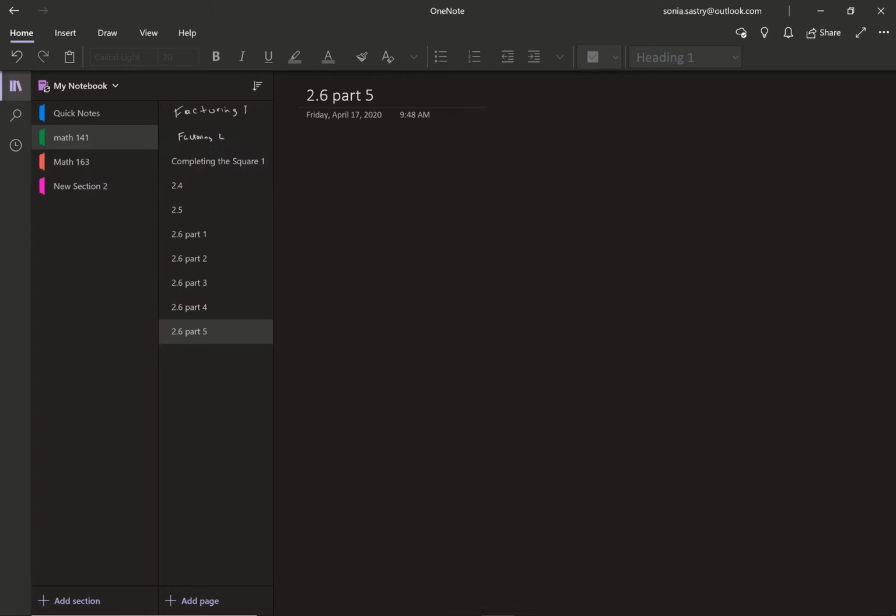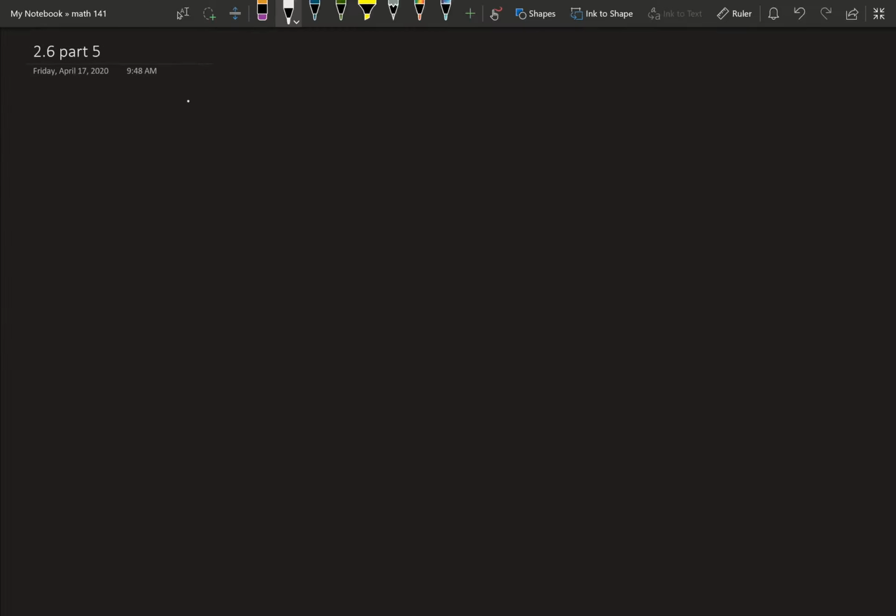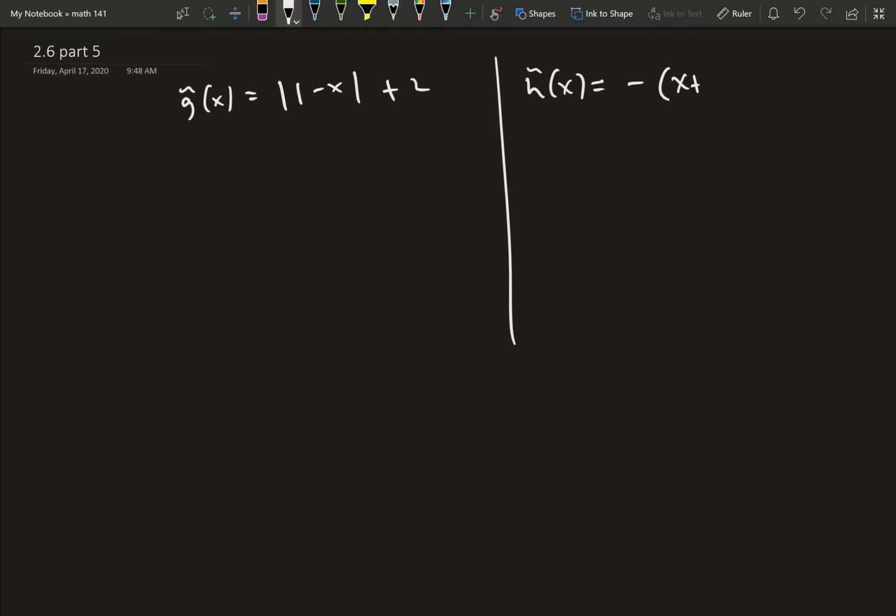Okay, this will be the last part of 2.6 here. We're going to start off with the exercises from last time, which was to graph the absolute value of 1 minus x plus 2, and also negative quantity x plus 2 squared minus 4. So let me give just a sequence of graphs, a sequence of events here